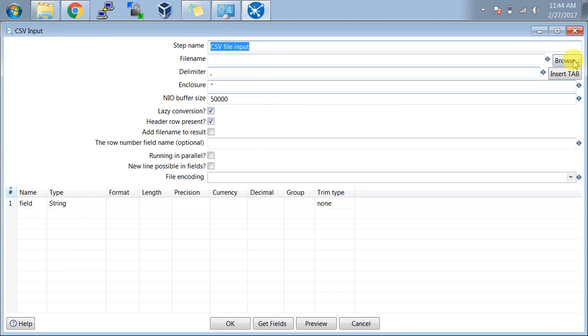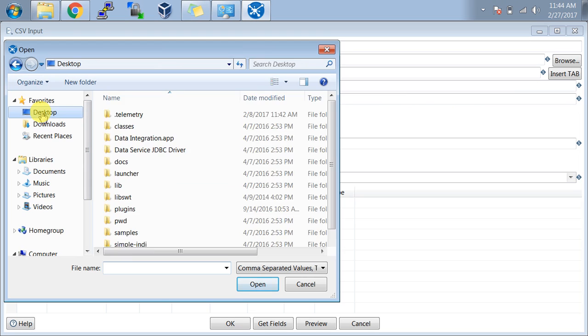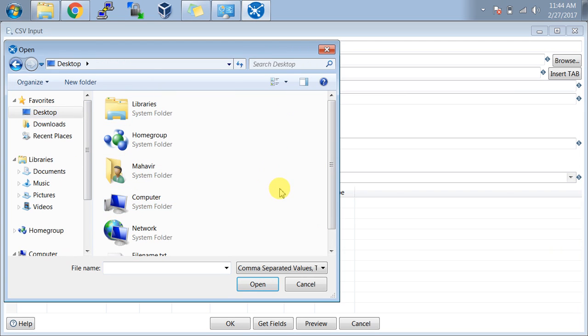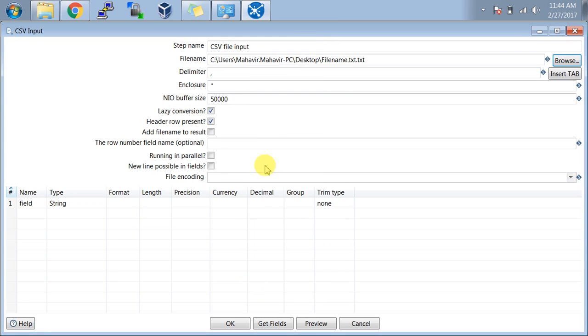Here I need to press the browse button and go to the specific location where I created the file. This is my file which I created on the desktop. Now open this. As you see, all the details of this path along with the file name come to this place.